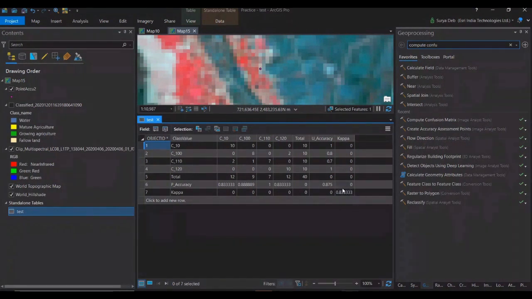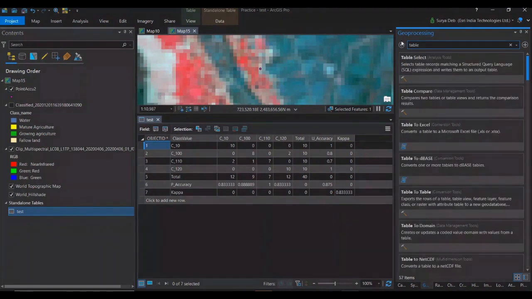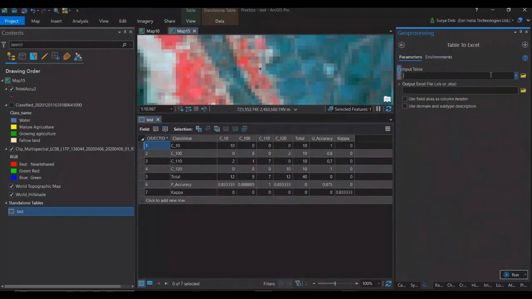So it has come out very nicely, but this accuracy will be much better if you take the training samples in an accurate way. You can also transfer these things to Excel, table to Excel. Just give the input of your test file and click run.